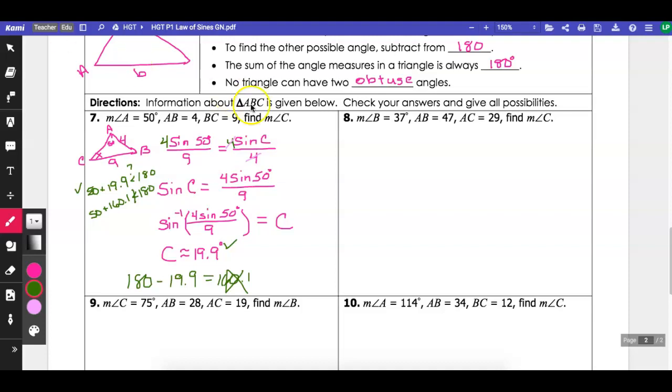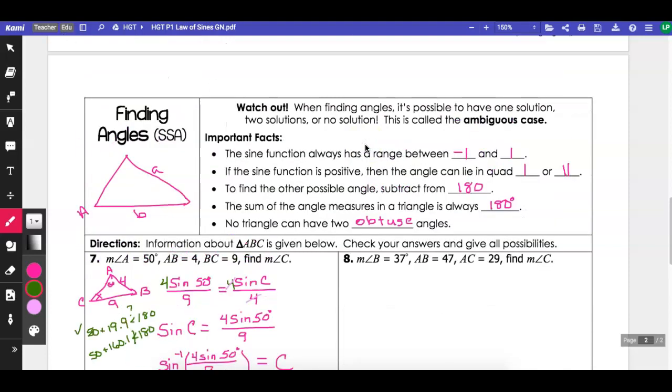Okay, remember what we're doing is we are using the law of sines, and in a situation where we have side-side angle, which is what we call the ambiguous case. Let's remember that the sine always has to have a range between -1 and 1. If the sine function is positive, then the angle would lie in quadrants 1